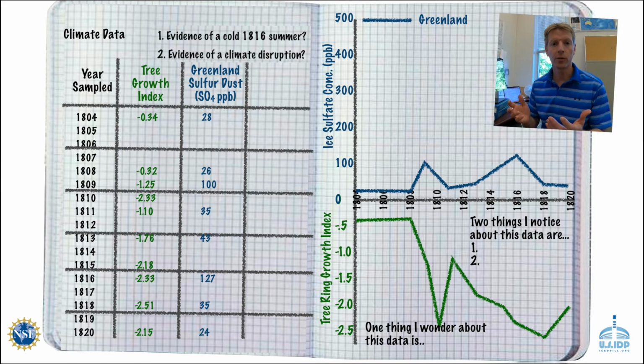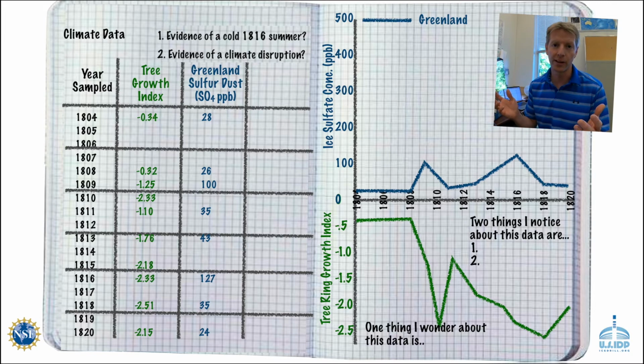So it does look like we have evidence for two volcanic eruptions, one in 1809 and one around 1816, that may have actually caused these unusually cool summers during those years that we can see in the tree ring record. And there are anecdotal reports that there was a huge volcanic eruption all the way down in Indonesia called the Tambora eruption in 1815.